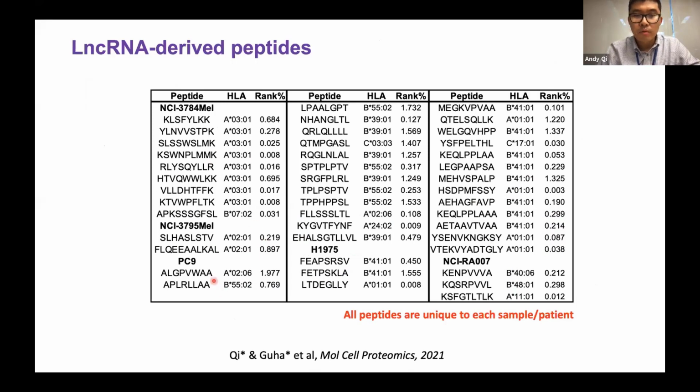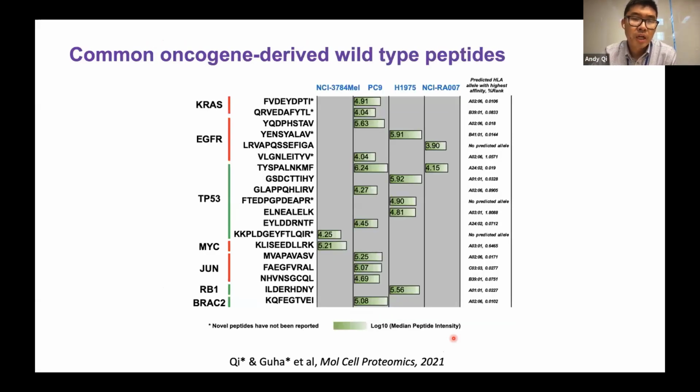When we look at every single one, all the peptides are unique to each sample in the patient. There is no overlap at all. We were surprised because we saw that there are many lncRNAs, at least full-length, annotated in the RNA-seq, but they don't really show up in the peptidome. Our explanation was that the different HLA alleles, the HLA restriction, probably play the key role here, because different alleles may present different antigens. And common oncogenes are probably the most attractive way